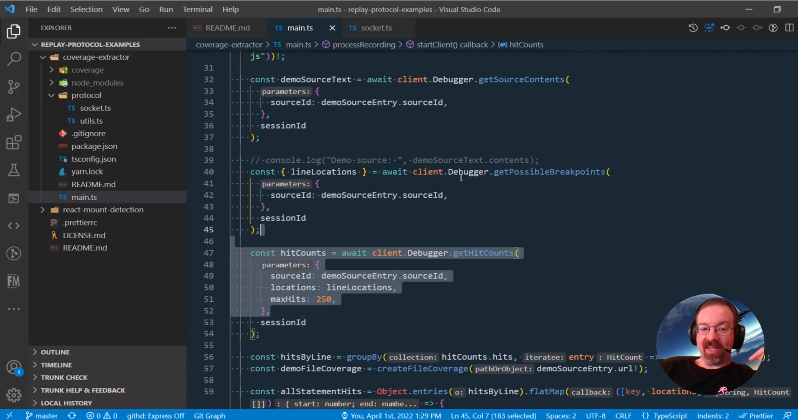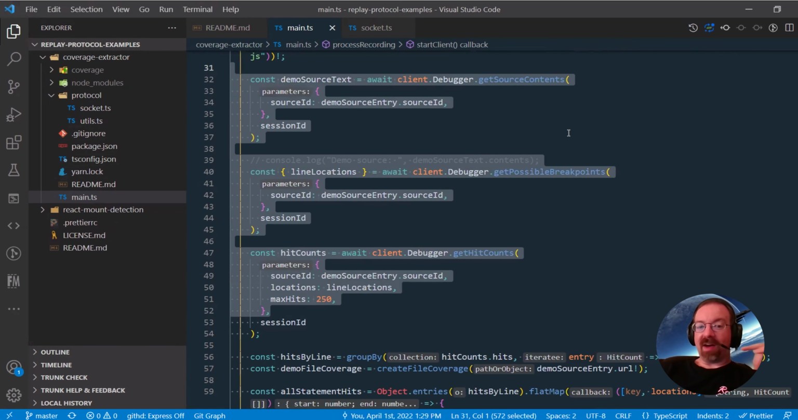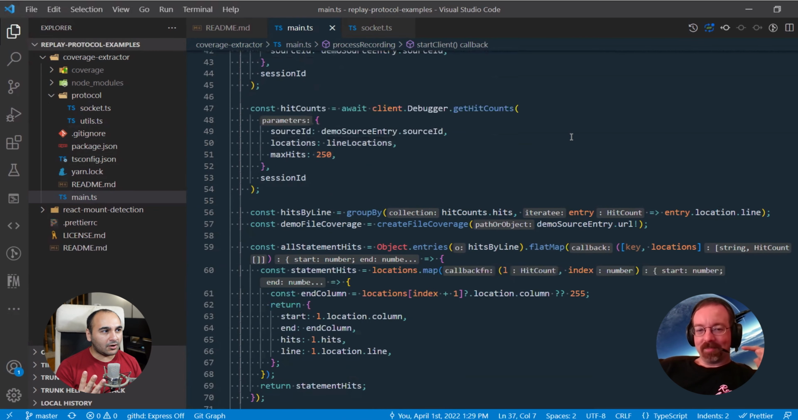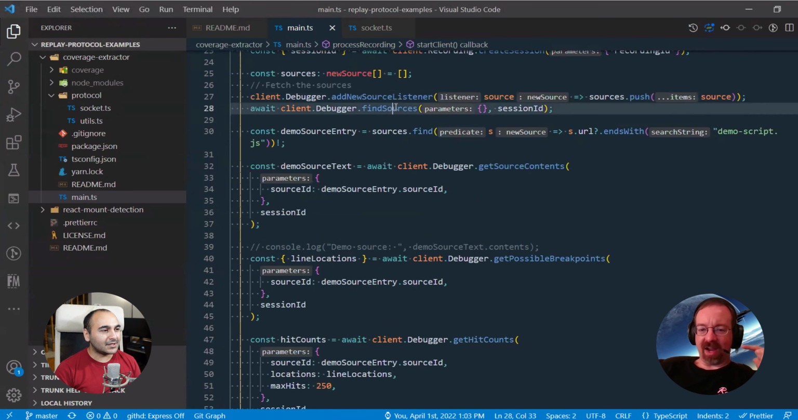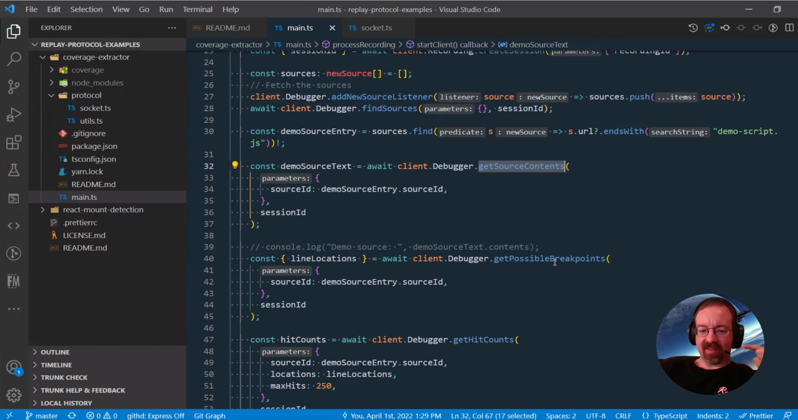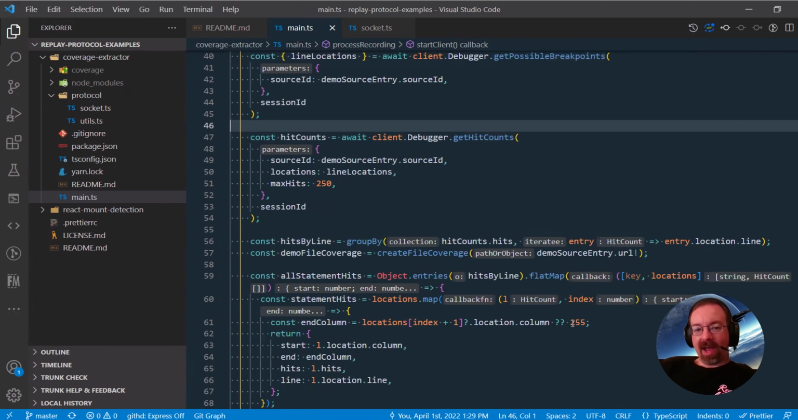Like this was me interacting with our backend via the publicly documented protocol. And this is only 3 calls or 4 calls? I'm seeing looks like 4. Find sources, get source contents, get breakpoint lines, get hit counts. So now I have the literal source text of the file, and I know how many times multiple spots in